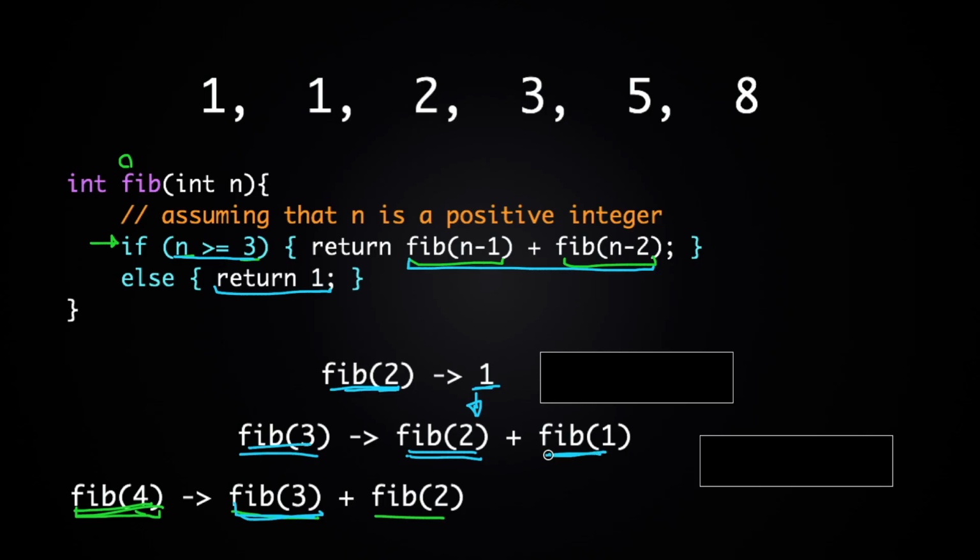And so we're going to call fib of 1. And then it's the same thing. We'll return 1 from fib of 1. And then 1 will go in here. And then we'll say, okay, we should return 1 plus 1, which is 2 from fib of 3. So we'll plug in 2 right here.